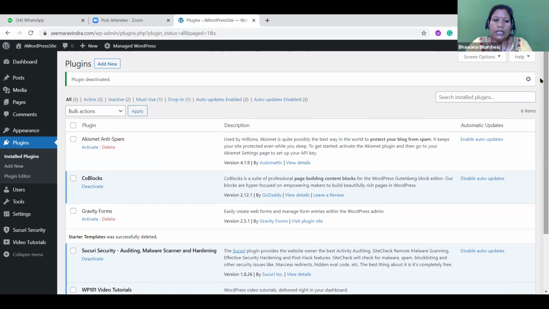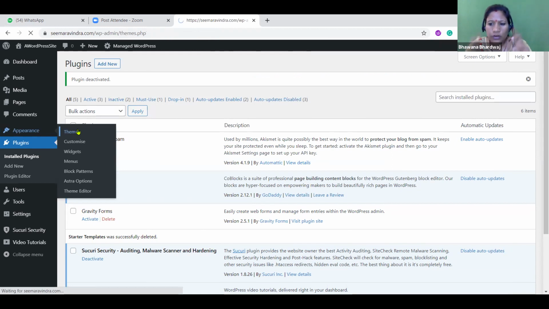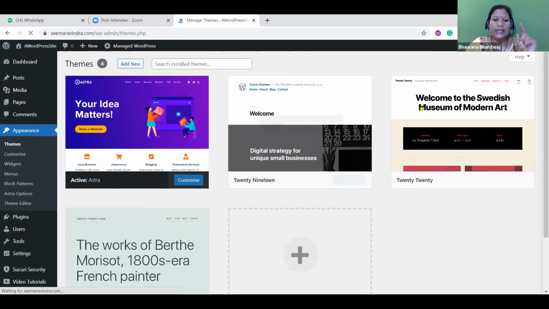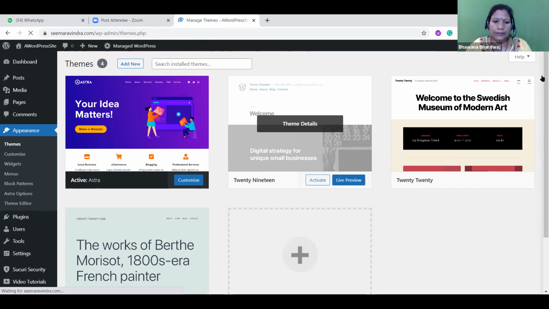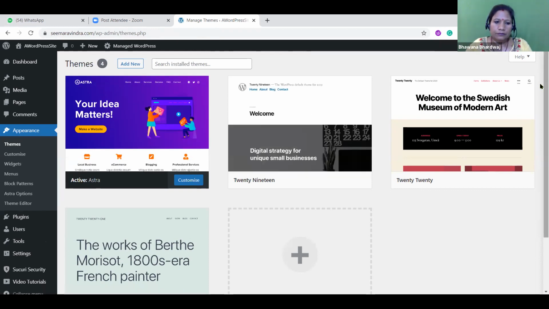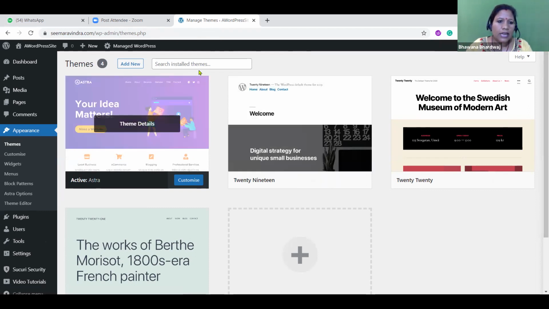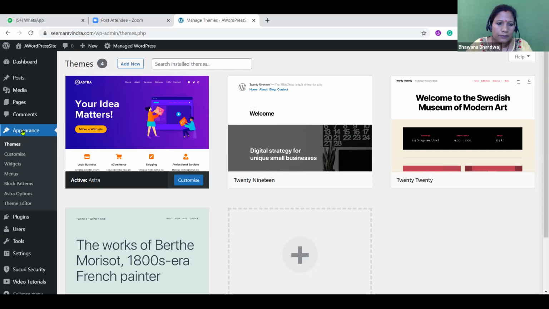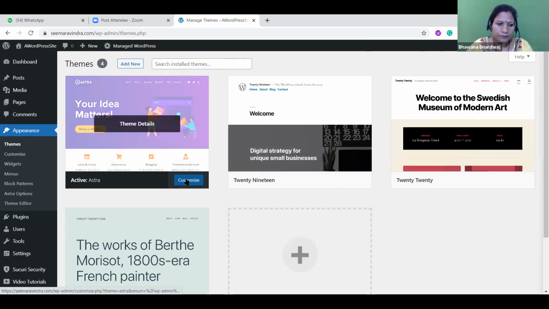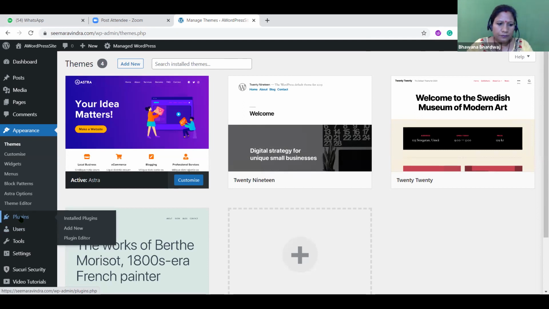So let's come back to the appearance and theme. There are two works we have to do here. First, install the theme, and second is customize with the starter template. Starter template. Can you see that get started? No, it's not showing up anymore. Okay, no worries. You can go to the plugin and install it again. The starter template? Or should I refresh and see if it shows up? Yes, that you can also do.